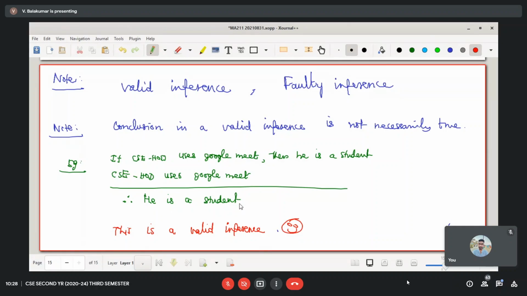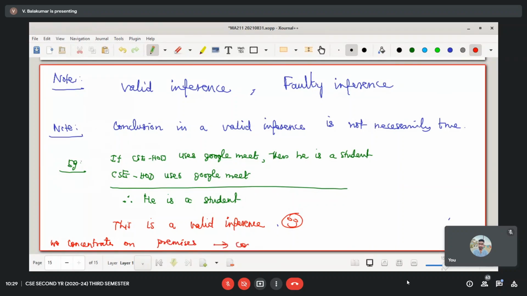But the conclusion is false. That's okay. Conclusion is having the truth value F. We are checking whether these two statements give you this final conclusion or not. That's all we check. We are not going to check truth value of the conclusion. Are you understanding this? This is a valid inference. We concentrate on premises gives conclusion.